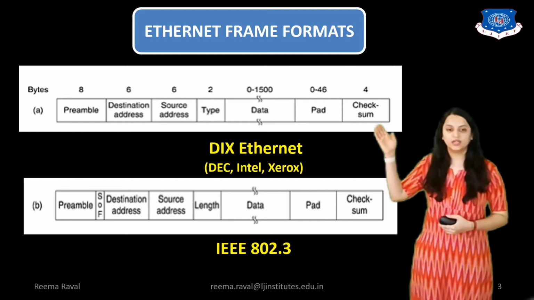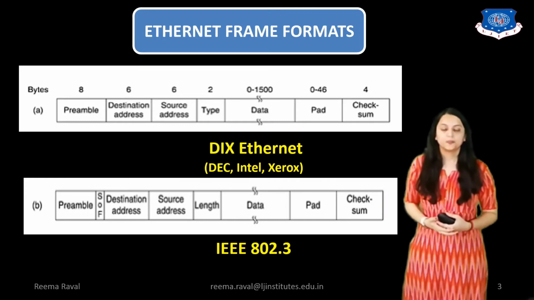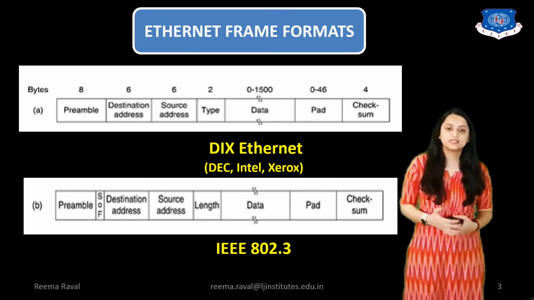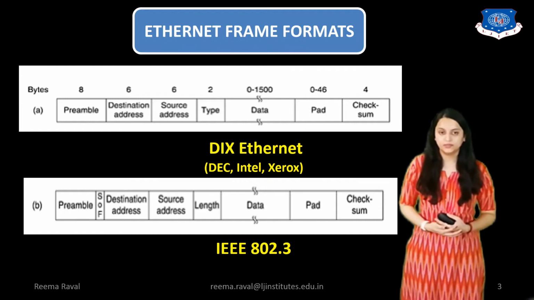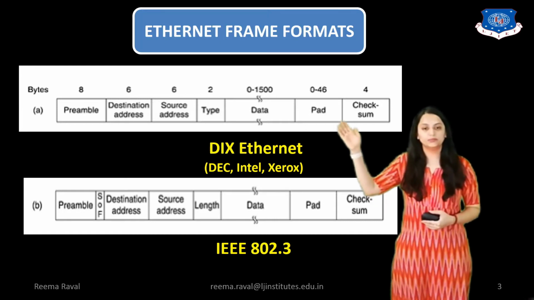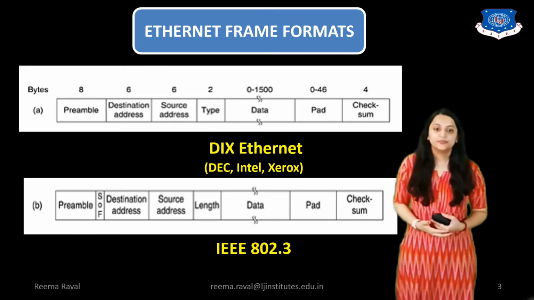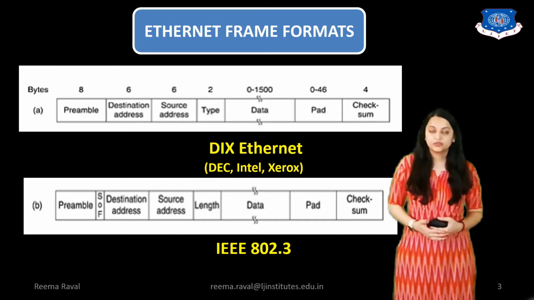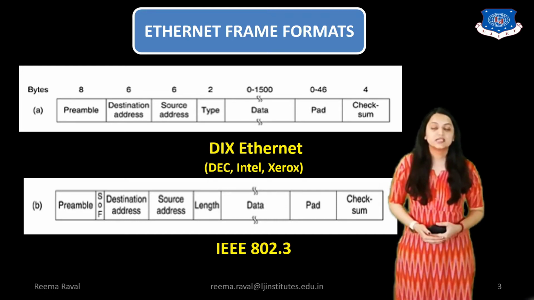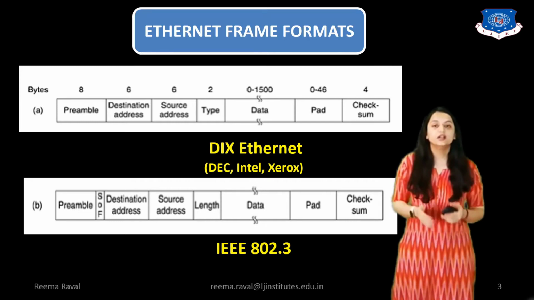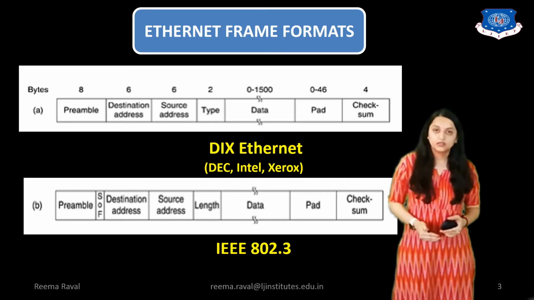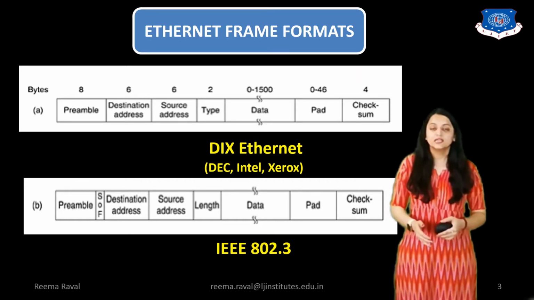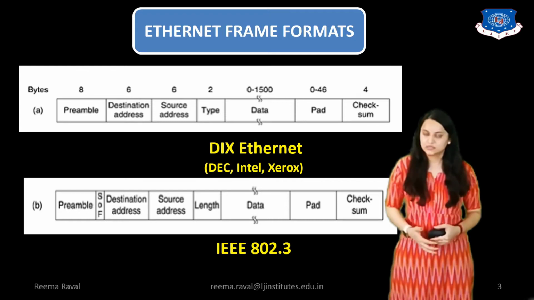So in the first Ethernet frame, that is the DIX Ethernet frame, there are fields indicated. Here there are 1, 2, 3, 4, 5, 6 and 7 fields in DIX Ethernet frame. I repeat, fields are the divisions of the particular frame structure. Here there are 7 fields in this. First field is preamble field, which is of 8 bytes. Next is destination address field. In this field, the address of the destination is indicated where the data is to be sent. This destination address field is of 6 bytes.